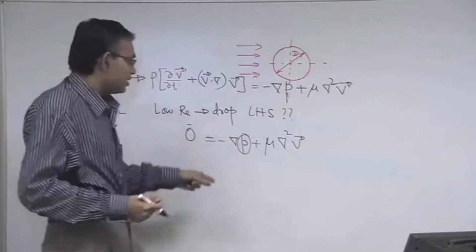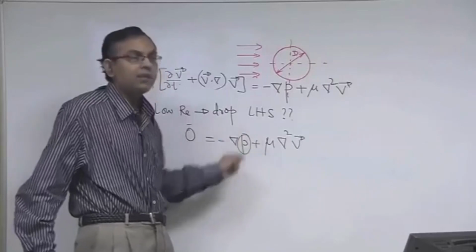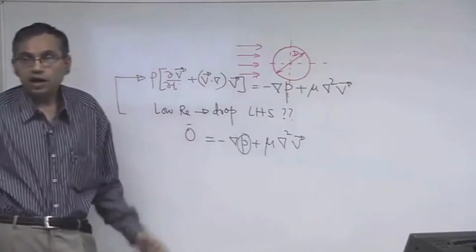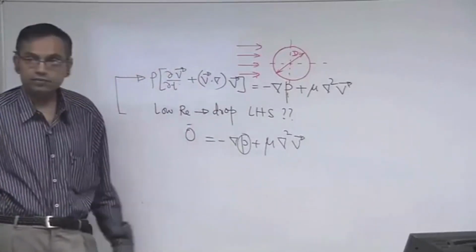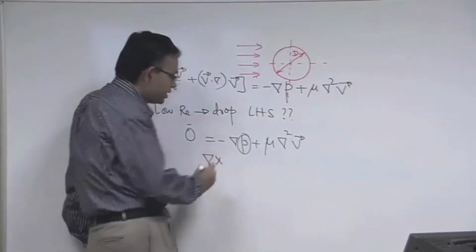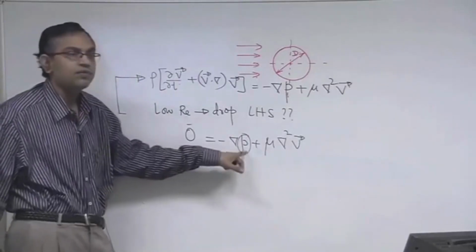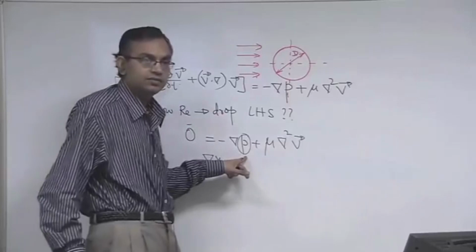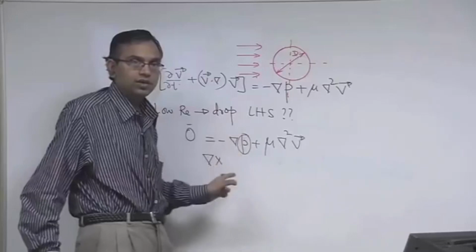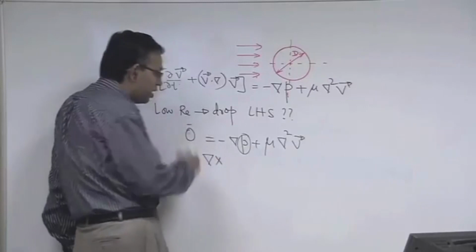So, you have pressure in this equation, so you somehow eliminate pressure, then there will be no problem with the pressure term. So, how can you eliminate pressure from this equation? One simple strategy is, if you take curl of both sides, you can use the vector identity that curl of grad of a scalar is a null vector. Okay. So, this will go away. Okay. So, take curl of both sides. So, if you take the curl of both sides,